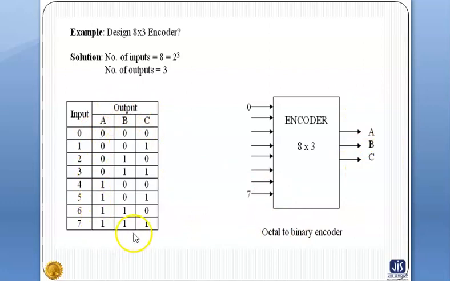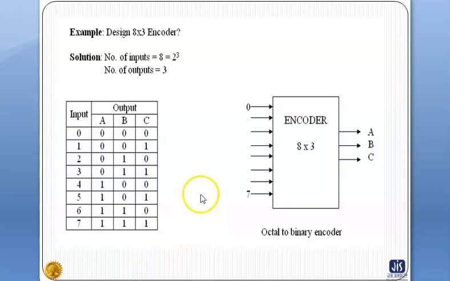This is the truth table of the 8 to 3 encoder, or simply the octal to binary encoder. Here there are 8 input lines and 3 output lines. When input 0 is activated, output will be 0 0 0. Similarly, if input line 1 is activated, then output will be 0 0 1, and so on. When input line 7 is activated, output will be 1 1 1.